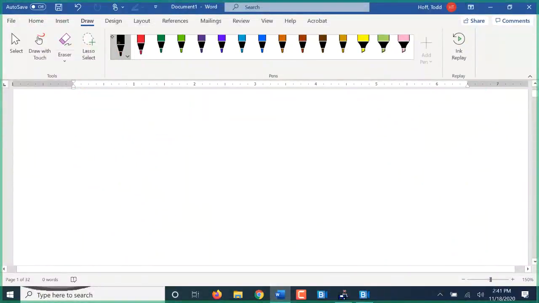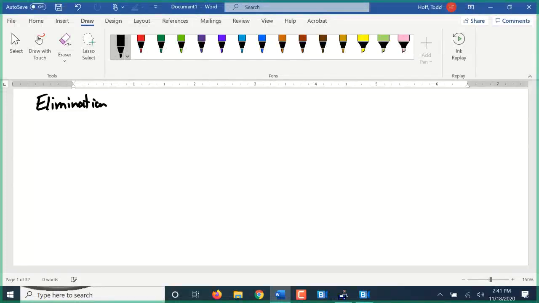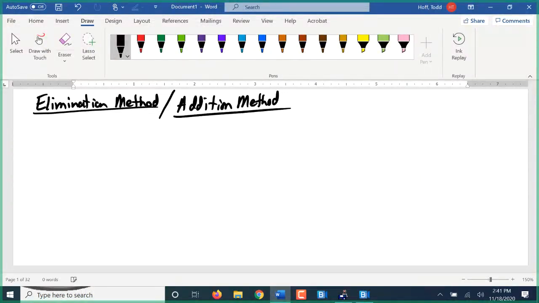So there is a third method. We've got graphing, we have substitution so far. There's a third method, depending on the textbook. It's sometimes called the elimination method. Or our textbook actually calls it the addition method. They mean the same thing. We are trying to find variables that will cancel out. We can eliminate them by adding them together. So let's take a peek here